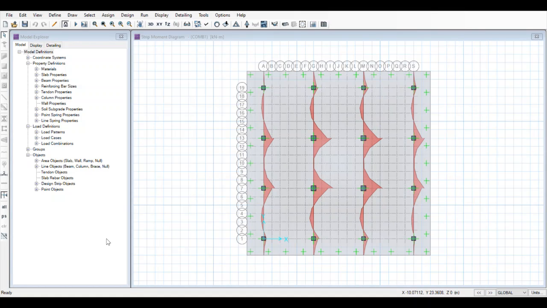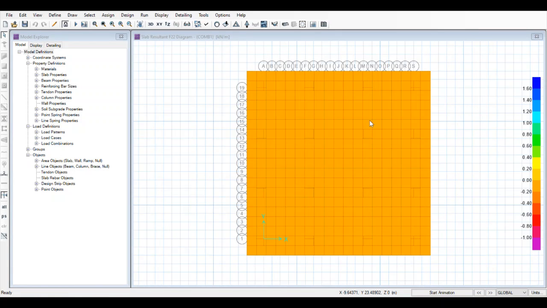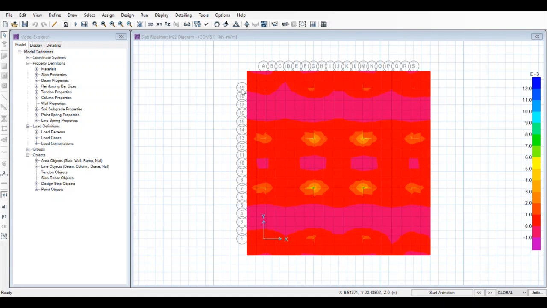After that, again go to display. You can check the slab forces and stresses. Go to load, select a particular load case and the load combination. You can see there are different types of forces. Click on any one force of your interest. Click on apply. You will be able to see in the software how the forces are acting. Close.